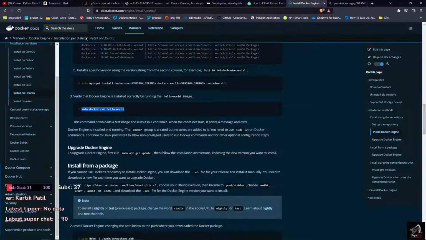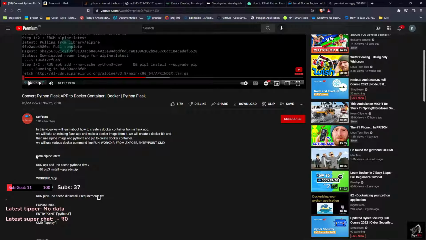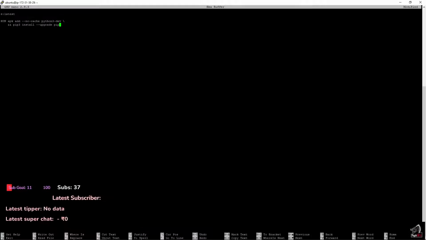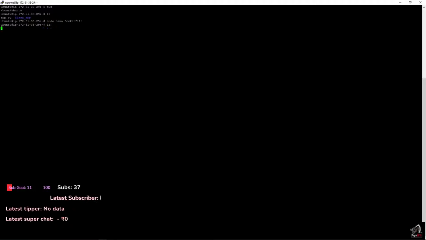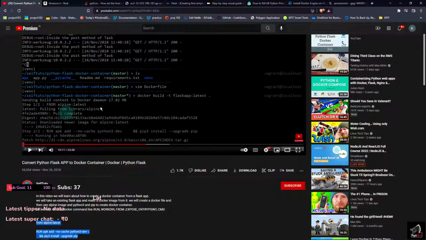Inside this, we put the first two lines of this guy's file. Okay, what did he do? Yes, okay. What is happening? Save modified buffer, yes. Okay, the Dockerfile is created. Now what did he do? He ran docker build -t